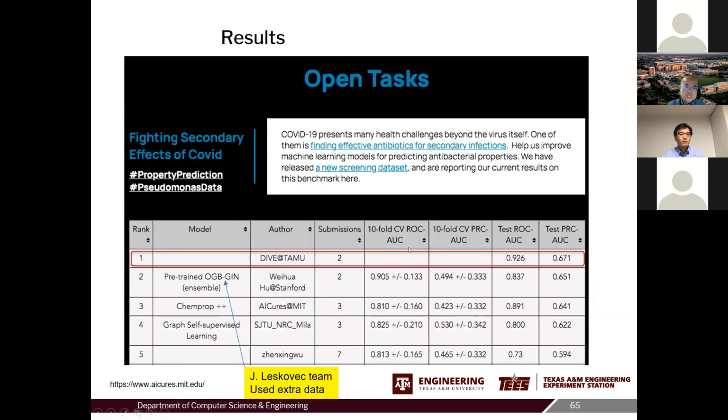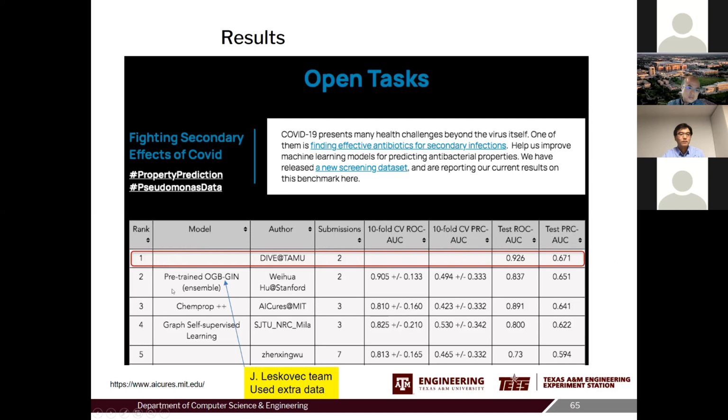So this is the current leaderboard. We have been working on this only very recently. I have a couple of students working on this probably in the past one week. And currently our result is number one on this leaderboard. I think the comparison here is based on AUC-ROC and PRC, the precision-recall curve.